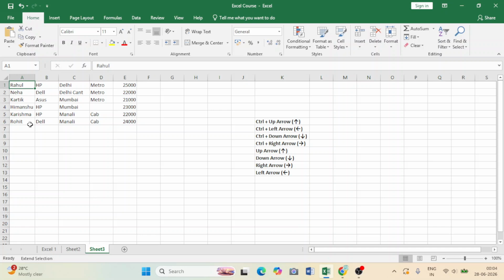In today's video, we will learn how to move quickly to the edges of your data using the keyboard. Instead of scrolling through hundreds or thousands of rows, you can reach the beginning or end of your data in just 1 second. As we already have a basic idea about keyboard navigation, which we learned in the previous videos, in this video we will learn by doing practice simultaneously, and we will learn thoroughly how to use all the arrow keys, for example Control plus all the arrow keys, right?